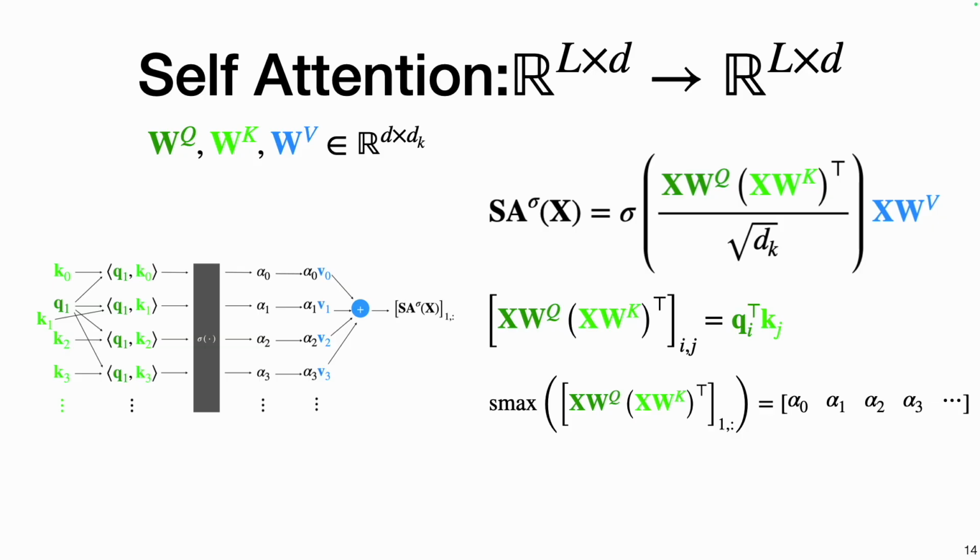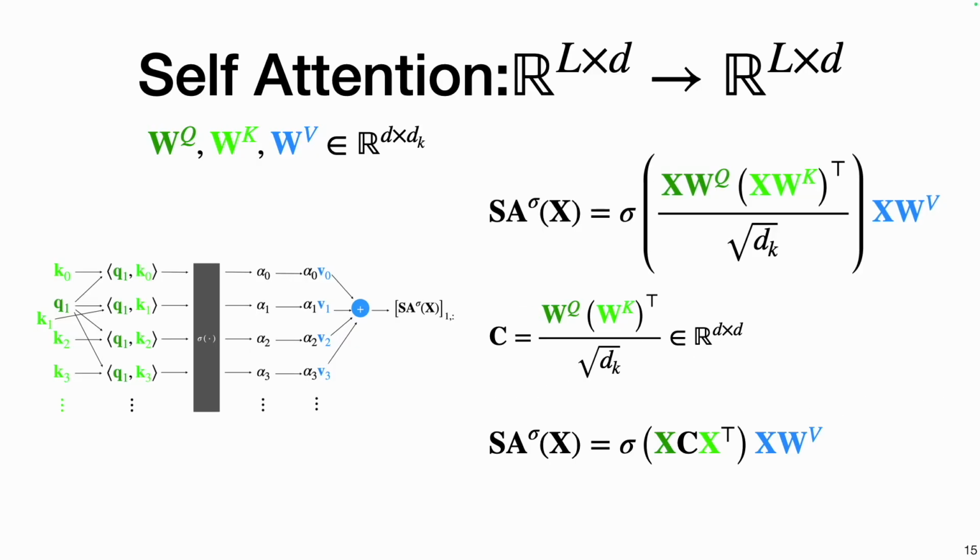And all of these operations can be expressed with this simple formula you see here. The matrix inside this sigma function is called the attention score matrix. And there's a 1 over square root of dk here. You can totally ignore it. It is just there for better performance in experiments and better optimization, so you can totally ignore it. We can just combine the query and key matrices into another matrix. Let's call it C, and the same equation can be written like what you see at the bottom.